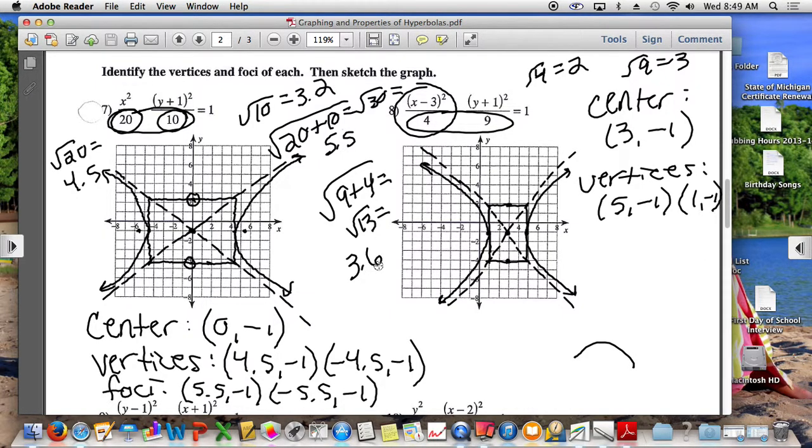So that means from the center of the hyperbola, you are going to go to the right 3.6 units. And that is going to put us at 6.6-ish. So we have foci that are going to be at, remember to go back to the x value of your center. So we are going to go over 3.6 more units. That's going to put us at (6.6, -1). And then I'm also going to take 3 and subtract 3.6 from it. Where's that going to put me? Negative 0.6? Yep, so we're going to have (-0.6,